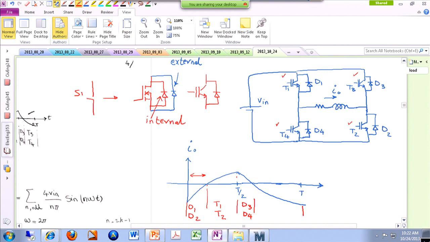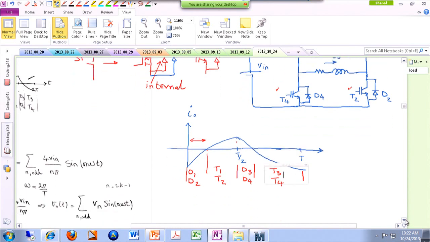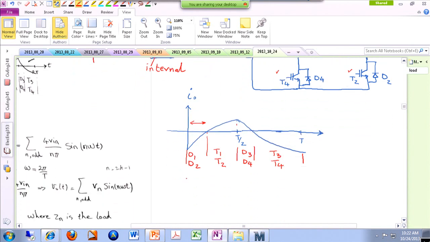And for the remaining, we are still in the second mode, but the current is negative, and that negative current could be conducted through T3 and T4. Okay? So if somebody says, oh, draw me the current waveform of diode number 1, you should be able to do that. For instance, if you are interested in the current waveform for diode number 1,